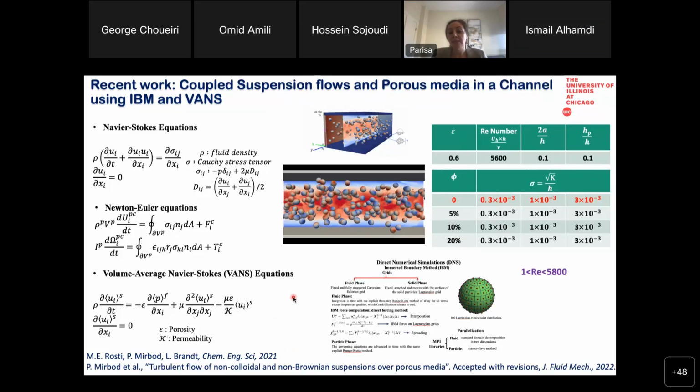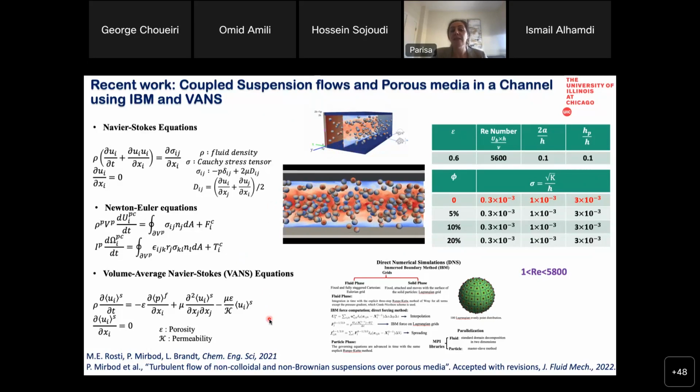What we considered and published is that instead of just a mixture of particles, here we used IBM, or immersed boundary method, while we have the collision of the particles and the lubrication of them, and also collision between the particles and the wall involved in all of those analyses. In this specific case, we have a channel, which on top and bottom has porous media, and we coupled the immersed boundary method with the porous media.